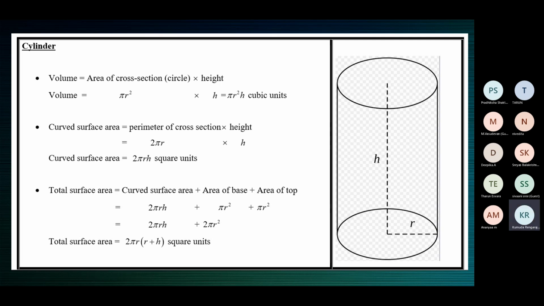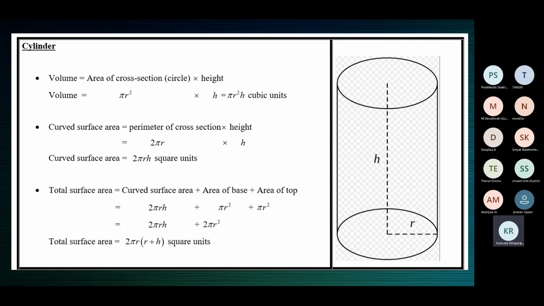Now, if you have to paint this wooden block so that the wood is not seen anywhere, say you have to paint it green. So now the wooden block should be completely green. You should not see the brown part of the wood anywhere. So you would be painting up the curved surface area of the cylinder. Then you will paint the area at the top, which is a circle.